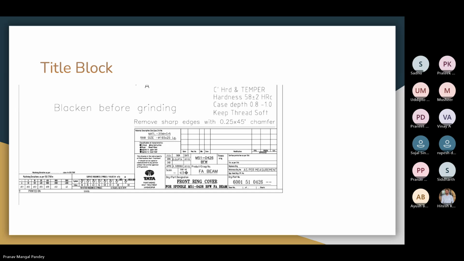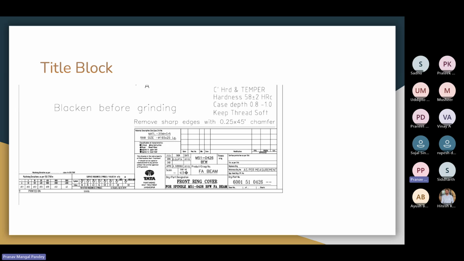So what are the parts in the title block? The logo of the company, the people who have worked on this: who designed it, who has checked it, and who is working on the manufacturing, and the design part number. For example,